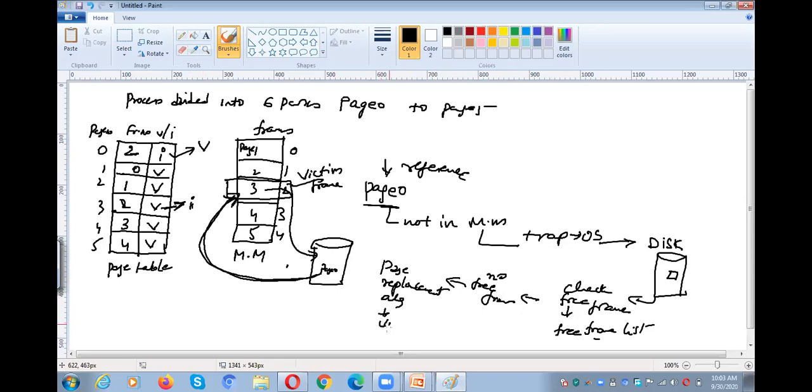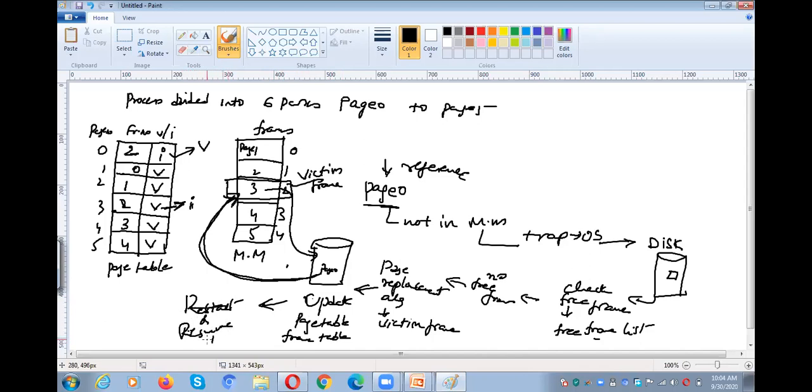That means we need to select a victim frame, and then swap out, swap in. After that, we need to update the page table and then the frame table. After that, we need to resume the process. Okay, that is the thing.